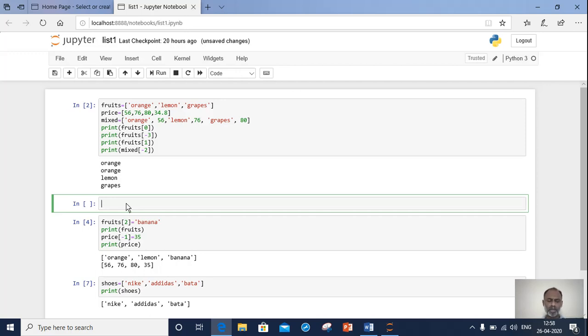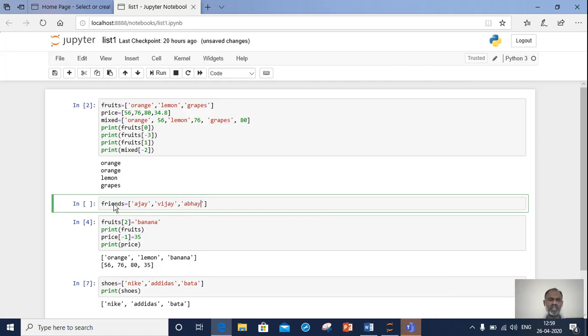The name of my list is friends, and the first element is Ajay, the second element is Vijay, and the third element is Abhay.